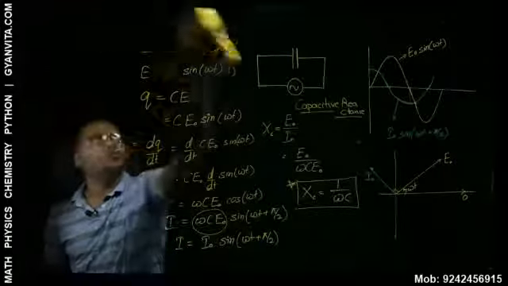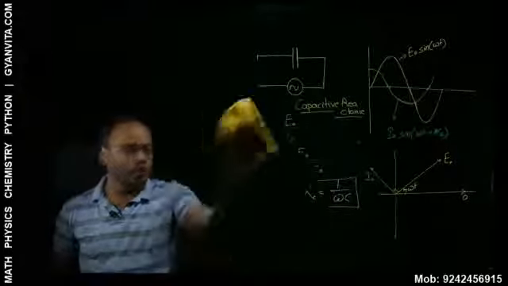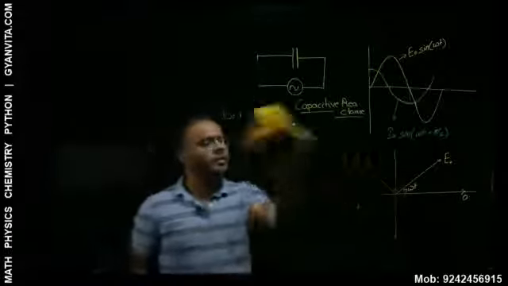Now it's up to you. I expect that you draw a chart or a summary of all these things on a single paper so that it becomes easy for you to revise in future. I am not going to do that for you. I expect you to take a sheet of paper and make 3 columns: pure resistor, pure capacitor, pure inductor. Then write the expression for EMF, expression for current, opposition which is being offered, wave diagram, phase diagram.